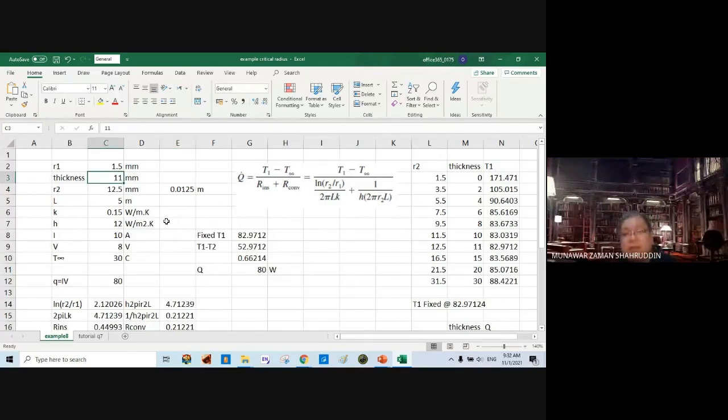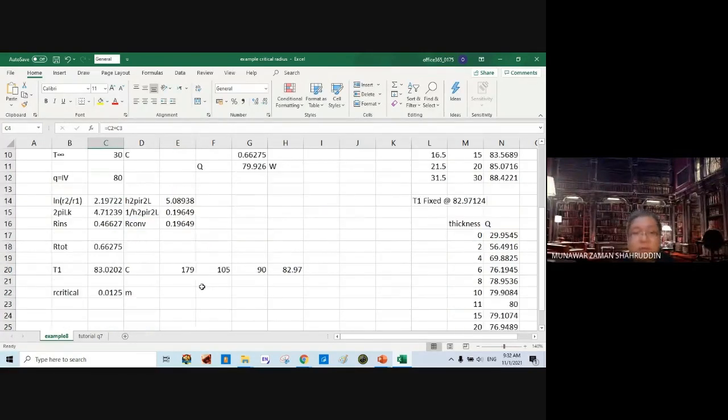Let's say we have 12. Can you see there, 82? Can you see here? So it goes up again when we add more insulation. This shows that the insulation reaches the coolest temperature at 11 millimeters,